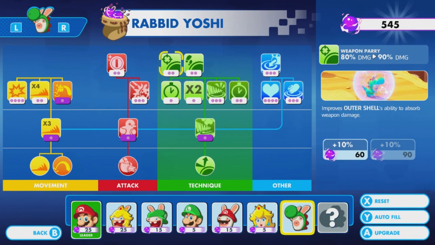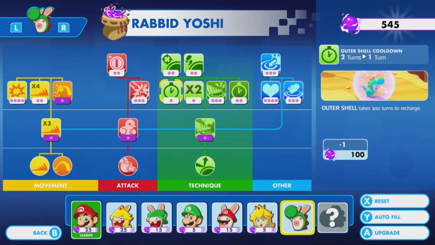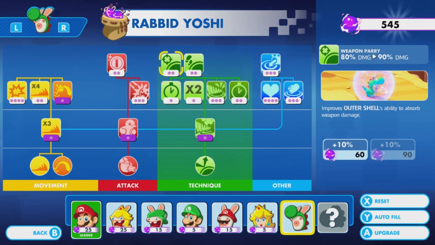So weapon parry. So he has a shell ability that absorbs weapon damage, which becomes its outer shell. Can I see outer shell somewhere? Makes outer shell absorb up to 2 attacks in a row. Oh, I know what attack he has. He has that one